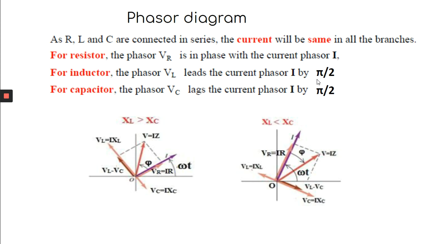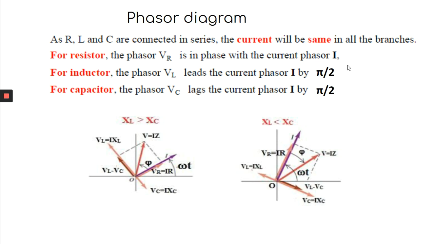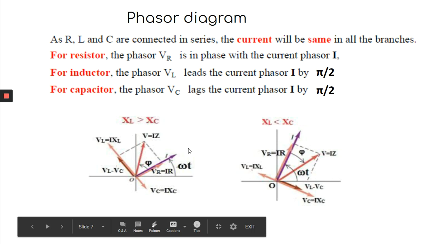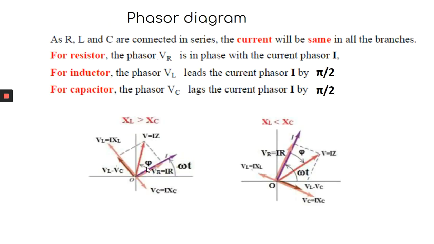And now let us consider this plot. So now when you plot, first, the current in all the cases is the same, i equals capital I cos omega t. We are taking the cosine form. So that means the current amplitude is the same through all the circuit elements. So now this is the current phasor.